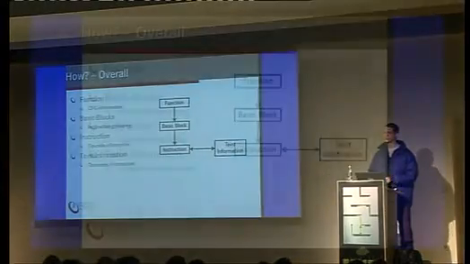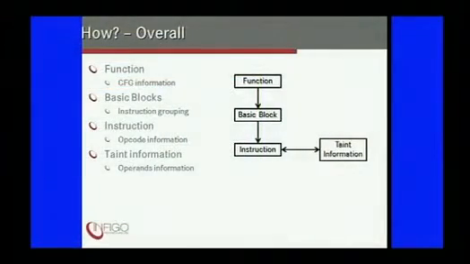So this is how the structure of the framework looks in memory. You have functions that represent control flow information. You have basic blocks that contain instructions and all the instruction data. You have instruction class that represents each instruction that exists in the disassembly, and at the end, each instruction is mapped with its taint source. So for each instruction, you get exactly the taint information that is associated with it.